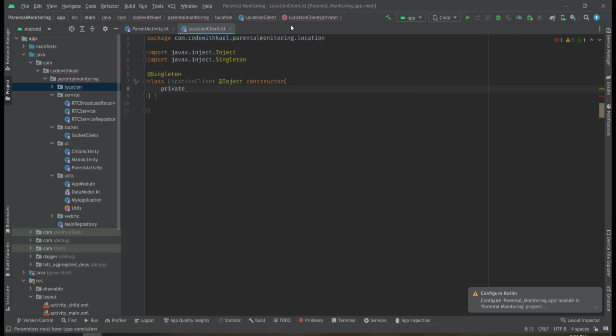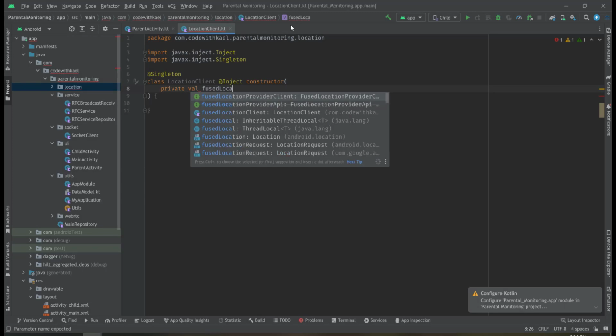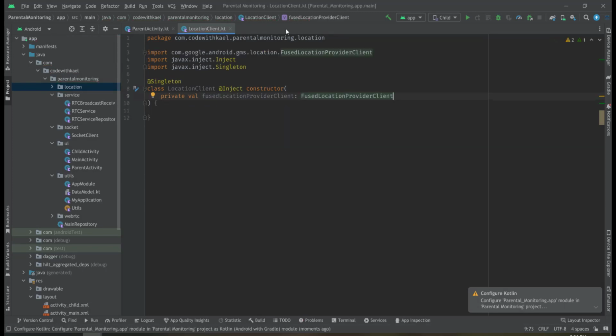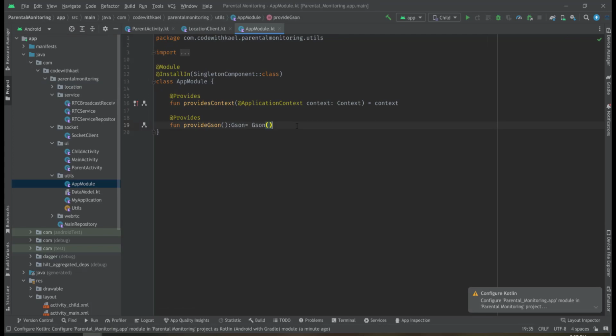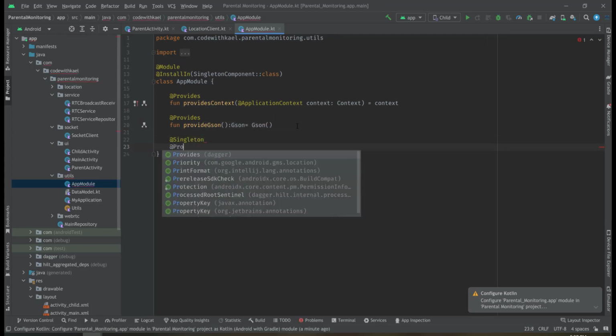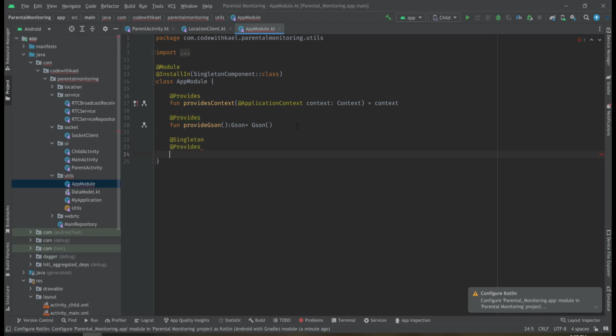Right here we're going to need a fused location provider client, but I haven't created a module for it, so let's do it. I'll go to the app module class and create a singleton object and use the Provides annotation and write my function provideFused